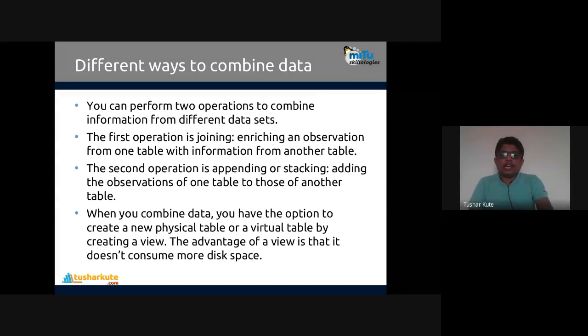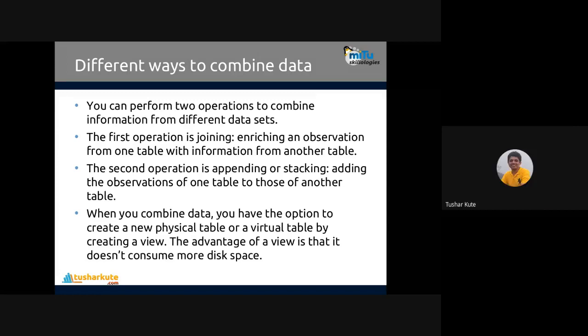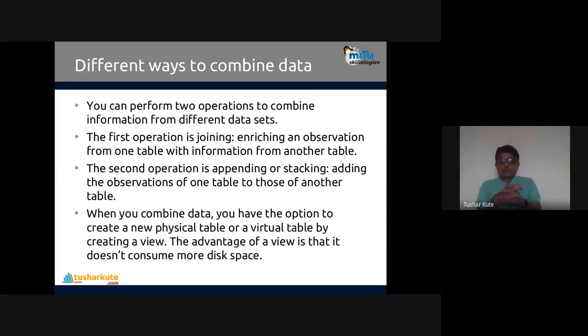You might know this already; it is just a revision of databases. A view means a temporary virtual table is created inside the memory, not actually stored inside the SQL database. We create that view, combine the data, and then either store it in the database or keep it temporary. A temporary view can be created to perform your operations on it. When the operations are over, we delete the view from memory, so it will not take up space.